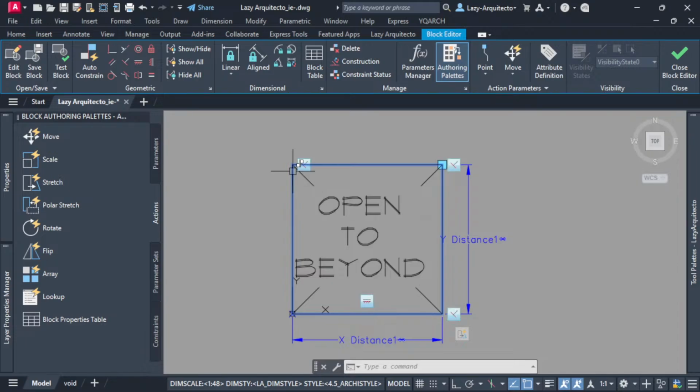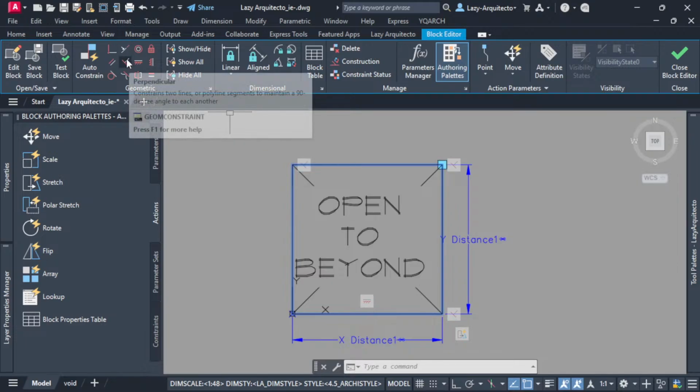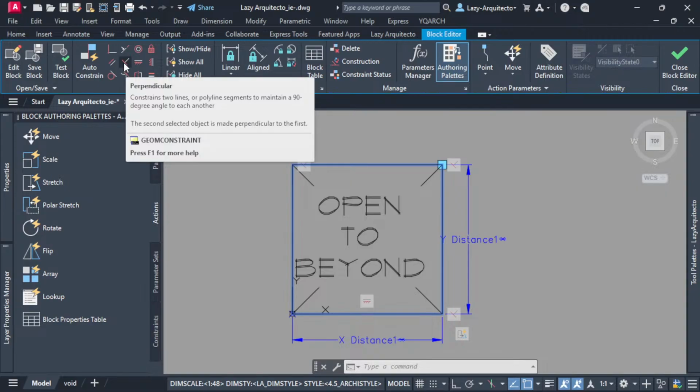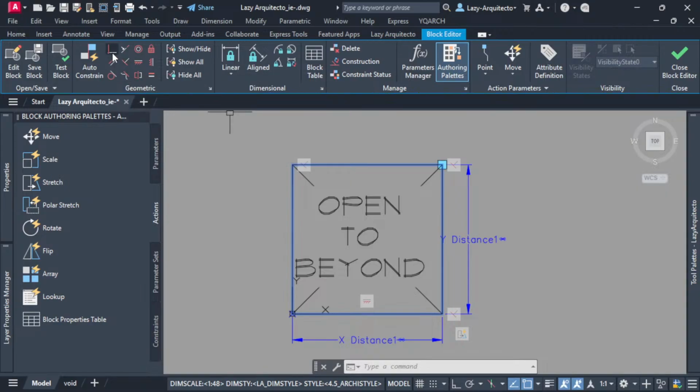All right. So I'm gonna add the coincident constraint. Remember that we used coincident before, and I'm gonna do the auto constraint. I'm gonna select my objects, in this case my rectangle and my line, and press enter. You can see a coincident small tiny grip was added at the top and at the bottom, so I don't have to do it manually